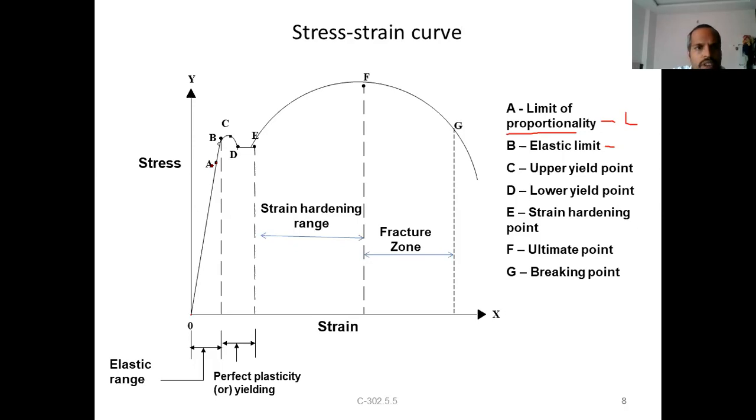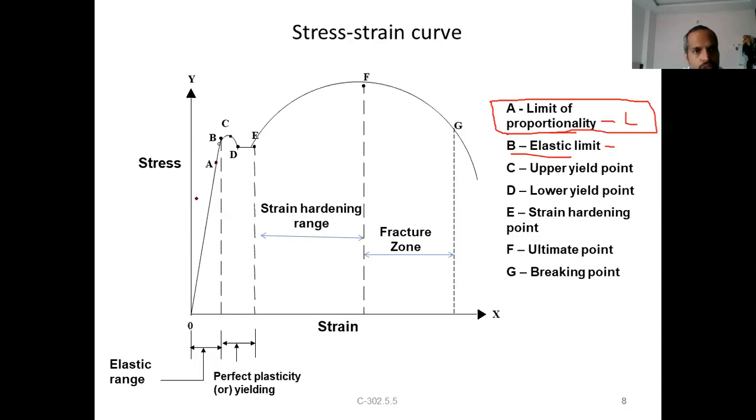So your Hooke's law is generally valid up to what point? When the stress is proportional to strain, that is Hooke's law. Okay, up to what point we have discussed, the limit of proportionality, not elastic limit. Now I will discuss the difference between elastic limit and proportionality. Actually, stress is proportional to the strain up to the limit of proportionality only, not the elastic limit. Why do we consider the elastic limit in Hooke's law? I will discuss that.